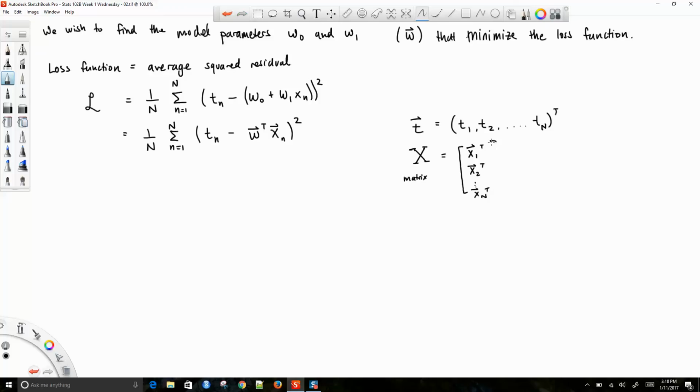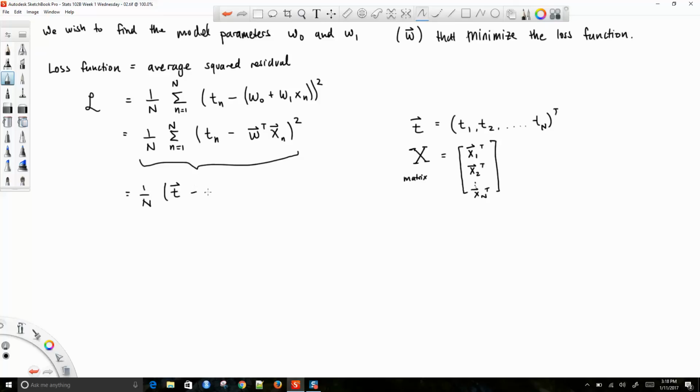Okay. Let me just put this into vector and matrix notation, and then I'll explain all of this. So we can replace this with just 1 over n, and we're going to have vector t hat minus